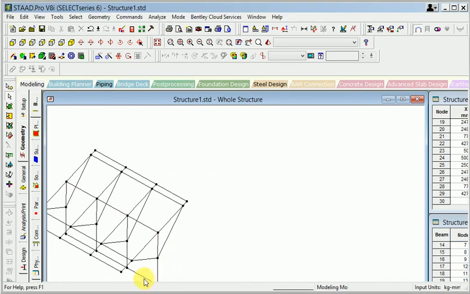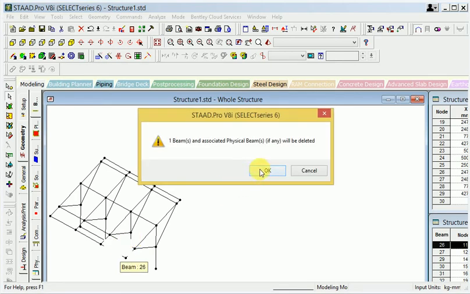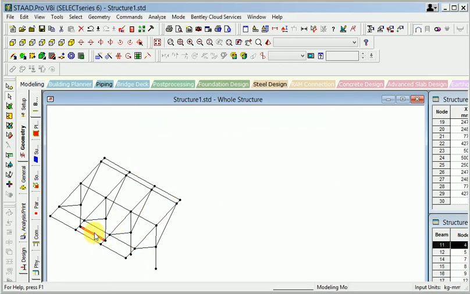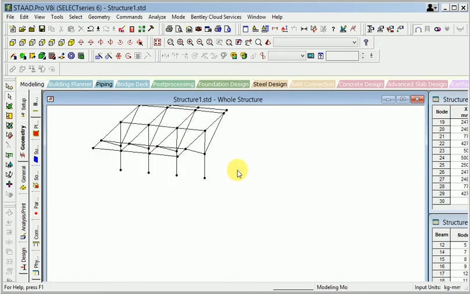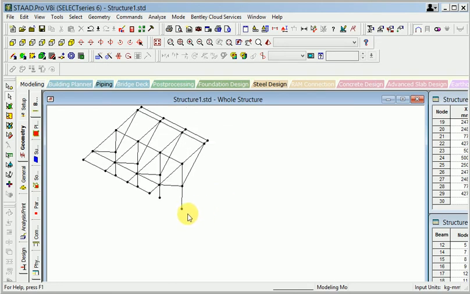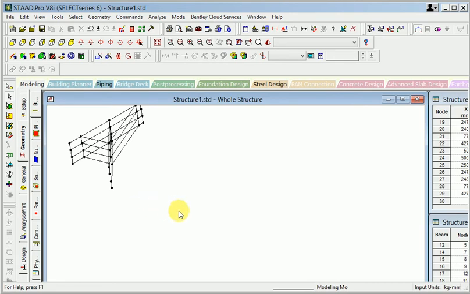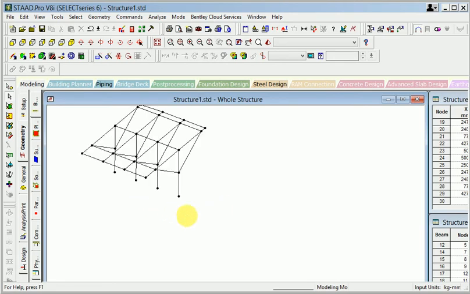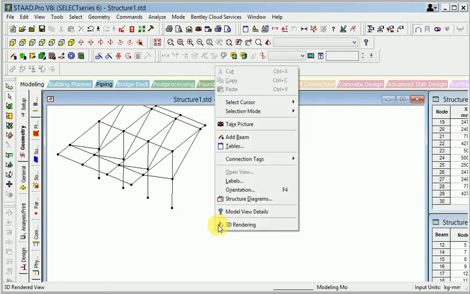So now see this here, again I don't want these, so delete this line and this line. So here is the isometric view, okay.